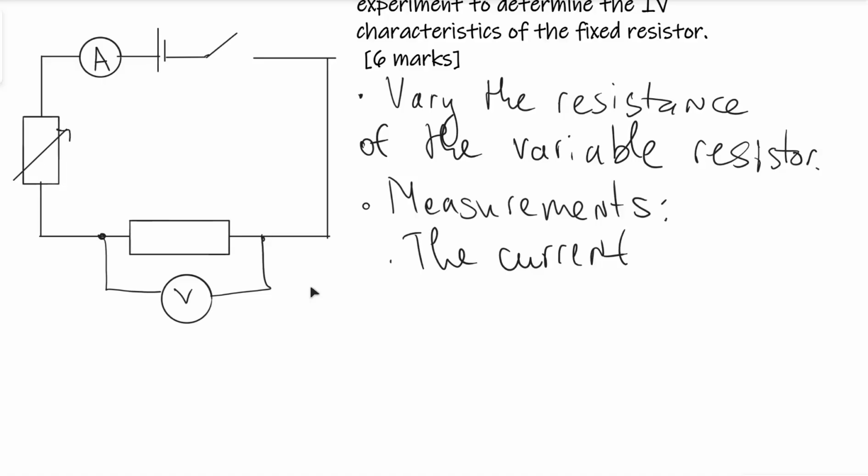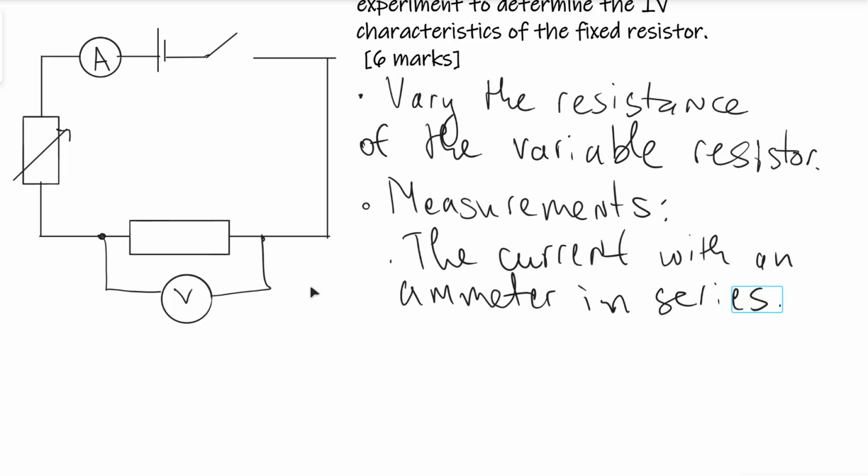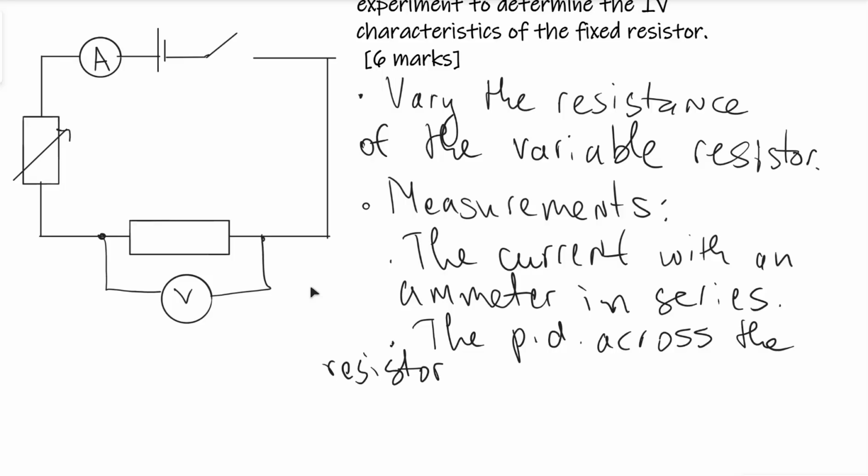So in this case, the current will be measured with an ammeter, which is in series, just as shown in the circuit, but just for completeness, to show my understanding to the examiner, I'm going to include that, and the potential difference across the resistor. This is really important, or the fixed resistor, with a